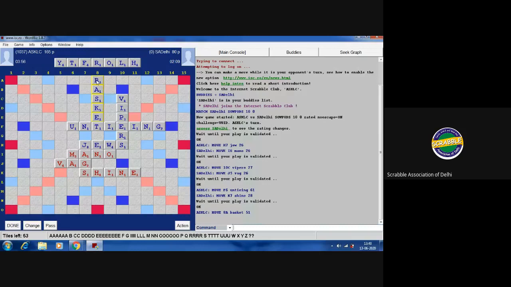Mine is AUIDFER. This is my rack. So now I'm going to try and maximize my H and the triple word that I have, because that's a good opening over there. So I want to maximize that. Do we have a word which I can start with an H? Heath is allowed. Hired is allowed.